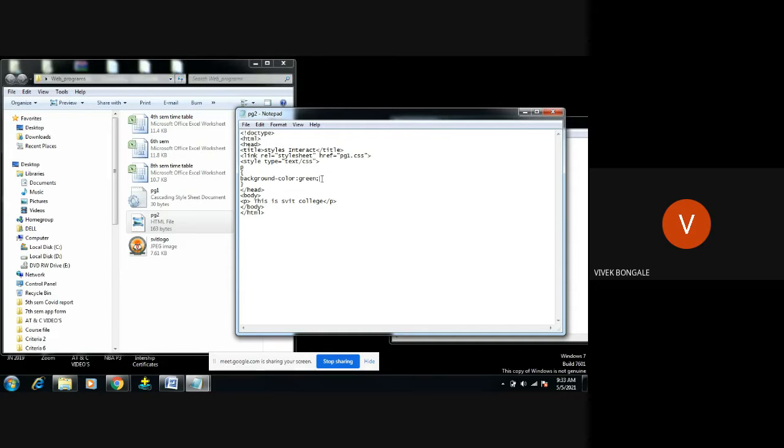Now this background color will be green, and the foreground text should be displayed in blue color. This is what I want to give. Next, close the style.